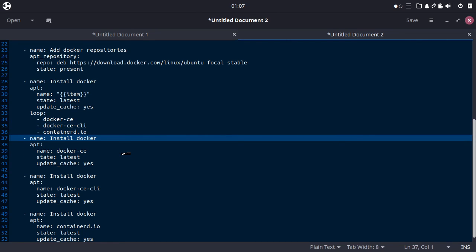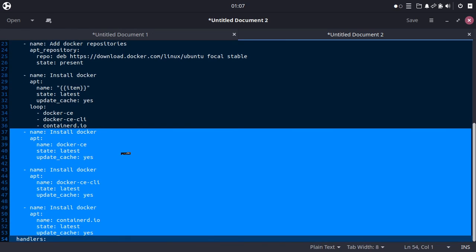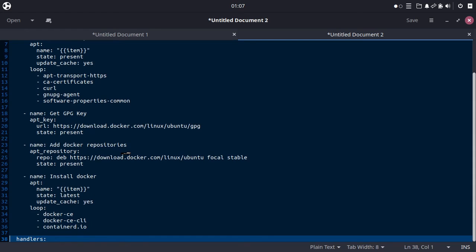Okay, so we can delete the rest. Voila! Our playbook is simpler than before.